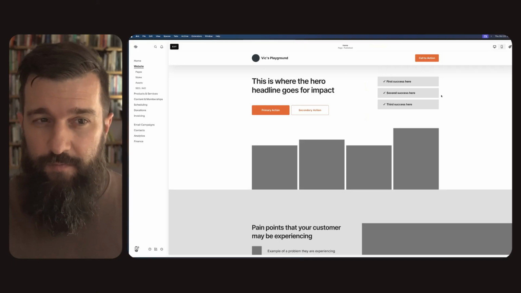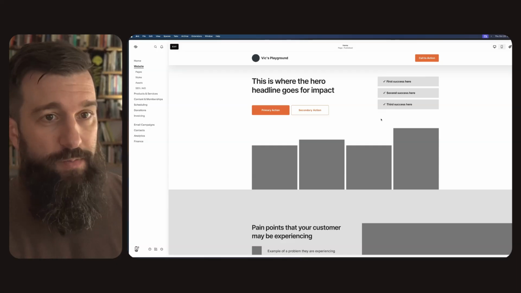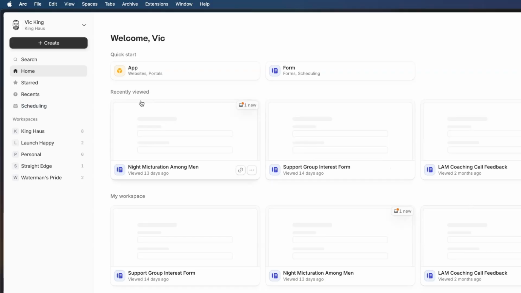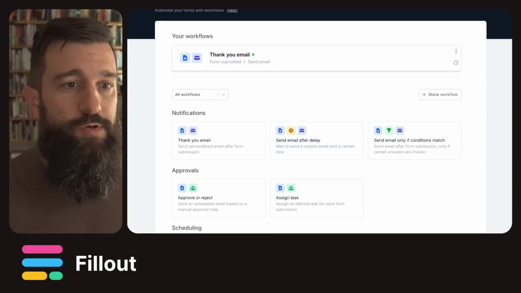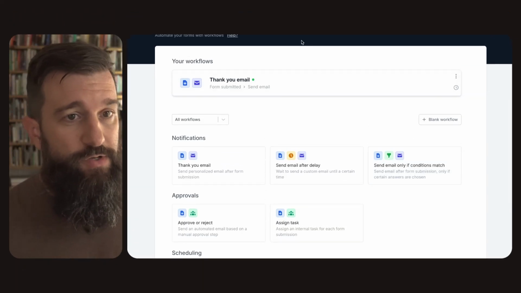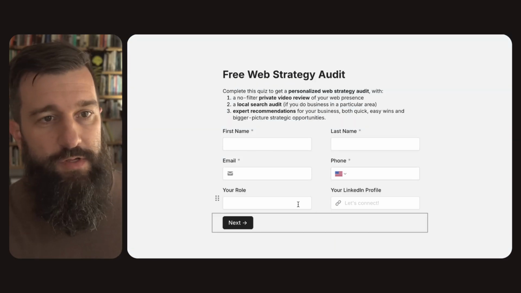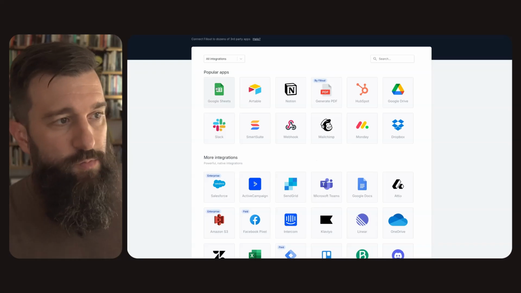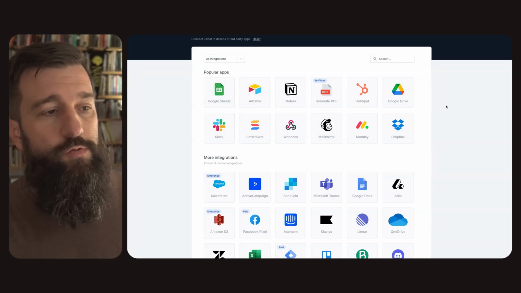If none of those is doing it for you, or if you feel like you're otherwise just hitting the limits of Squarespace forms, maybe you need advanced conditional logic or customized confirmation emails or multiple notifications to different people, may I recommend Fillout.com. It lets you do all kinds of advanced things like sending an email to the person who filled it out, using logic to show or hide questions based on their answers to earlier questions, redirect on submit, custom thank you messages, trigger other automations. It's really powerful, and you can connect it with Google Sheets, but also with Airtable or